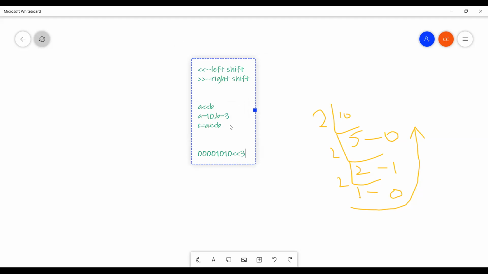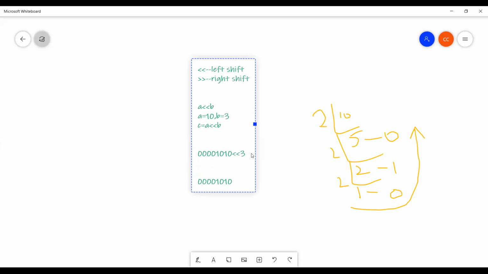B value is 3. Here B tells how many bits are to be dropped. How many bits to be dropped here? What is the B value? 3. So you should drop 3 values. The binary value is 0 0 0 0 1 0 1 0.